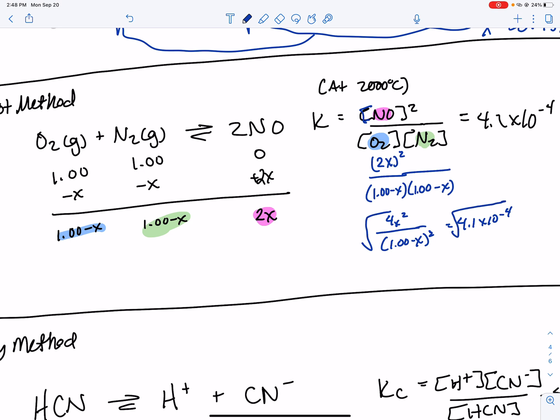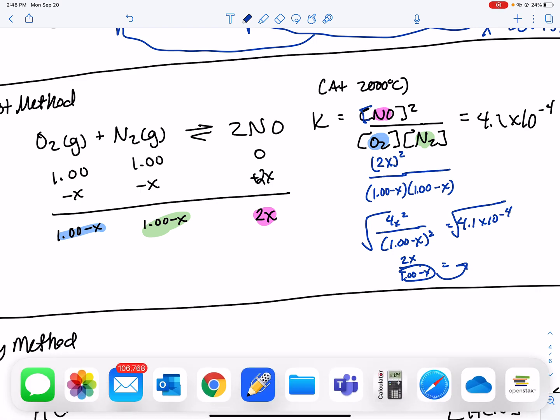So you end up getting 2x over 1 minus x, and then it's whatever the square root of that number is over there. It'd be like 2-ish times 10 to the minus 2. And then you'll cross multiply that up, and then bring your x terms together and solve. However, you can also choose to go here,